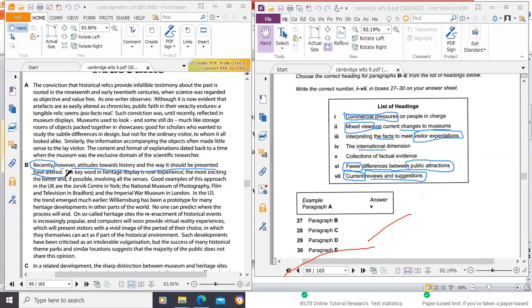This is the opening statement of this. Now, if you look at this whole paragraph, you are likely going to see everything they are talking about revolves around this. But if I don't know that this is it, it says, recently, however, attitude towards history and the way it should be presented have altered. Now, I come to the last one. Such developments have been criticized as intolerable, and so on, but the success of many historical